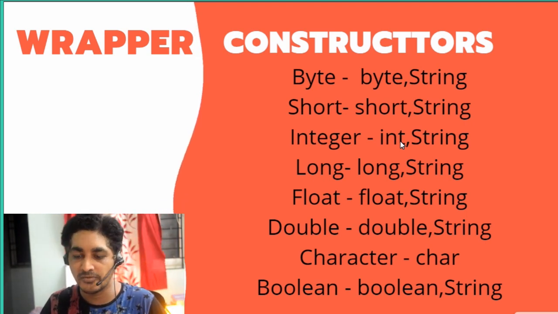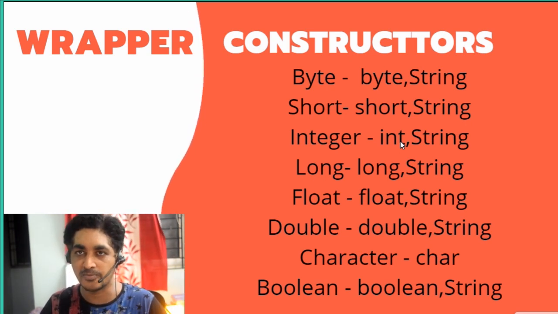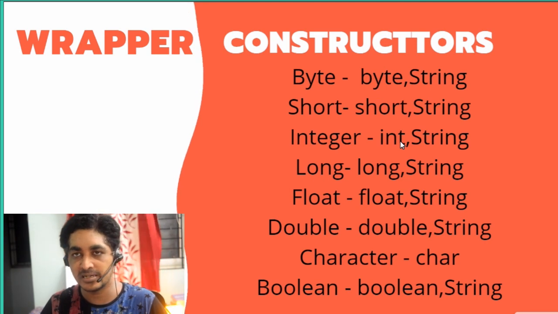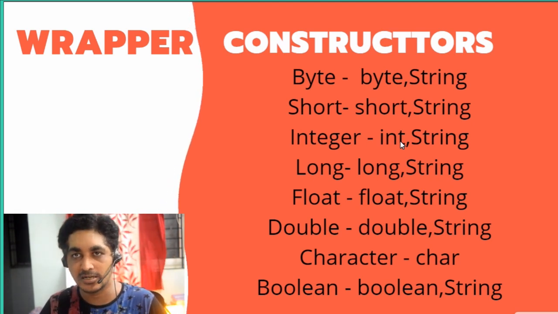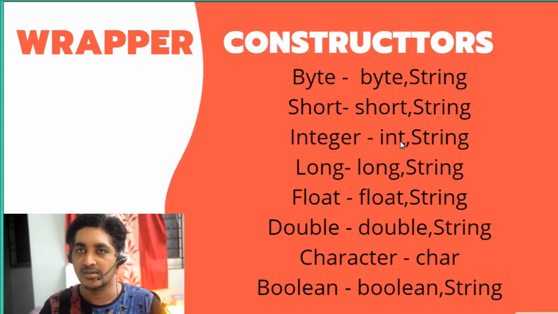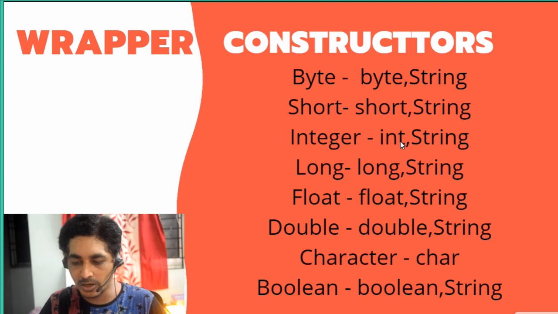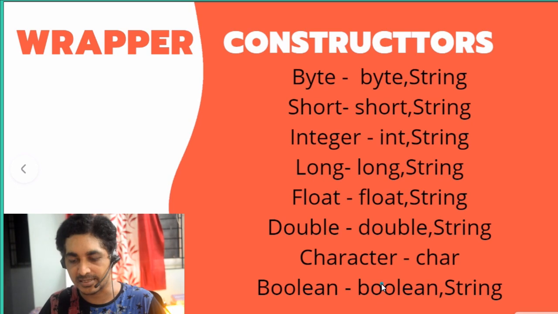Okay, so based on the object you have to pass the value. Either in string format you can pass, or you can pass the primitive data type format. So it will automatically create an integer object. If you take an integer object, we can call that a wrapper class. So we can create an integer object using a string or using an int. That we can see in the program: how we can create an integer object and how we can create a long object. Okay, so these are all the ways you can create a wrapper class object.